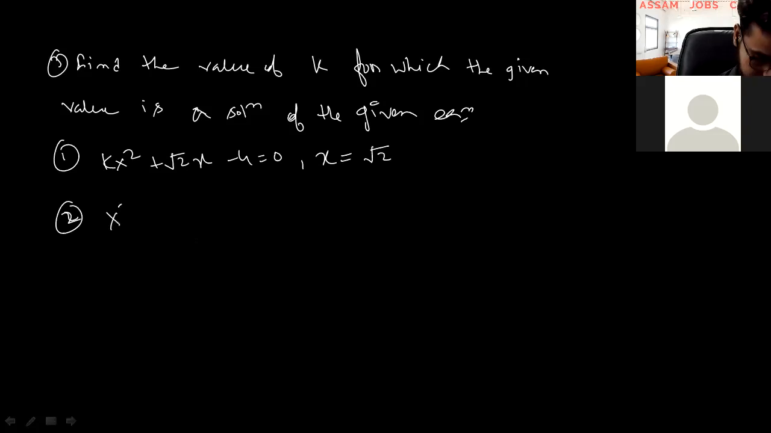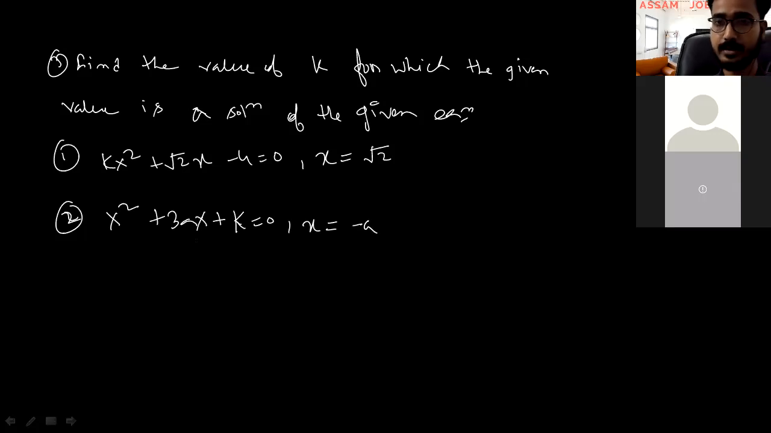Next, second one: x square plus 3ax plus k equal to 0, x equal to minus a. You have this question, okay. So I am going to solve this question. Now see, you just have to put the value of x equal to minus a here. So write down,